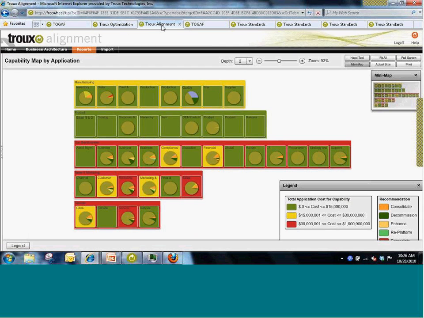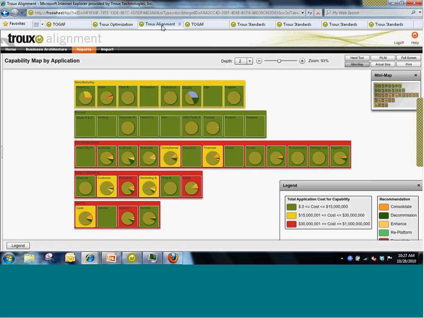TOGAF has an extensive set of artifacts, all of which True supports, and we've aligned those artifacts with business questions our customers have presented us with. The TOGAF system function matrix is responsive to a business question along this line: a consolidated view of my application alignment to my business capabilities. What business need do applications support, and what is the life cycle of those applications? What you're looking at here is a business capability map. And as you heard earlier, business capability maps are a high-fidelity communication vehicle when engaging with lines of business.